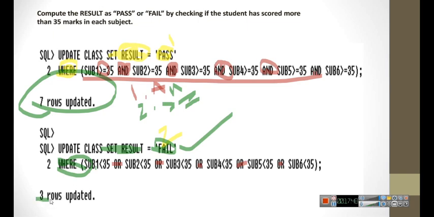So here you can see 3 rows has been updated. So 3 students has scored less than 35. So next, this is about the result column. So result column 7 plus 3 rows, totally 10 rows. So total we have entered is 10 rows and now we have updated all the 10 rows.